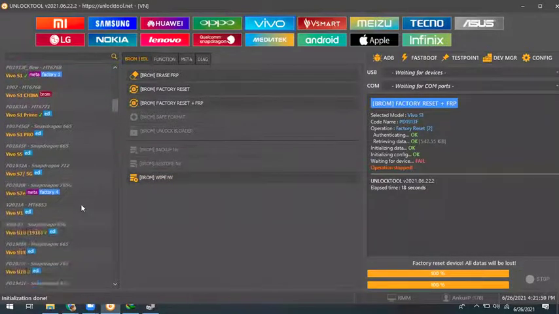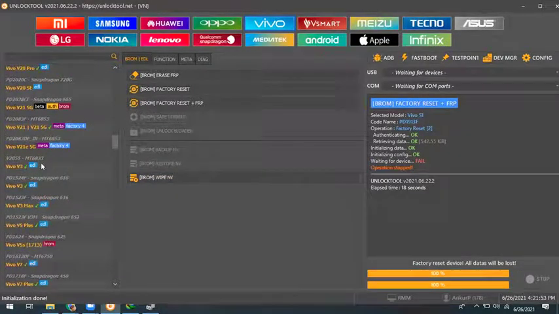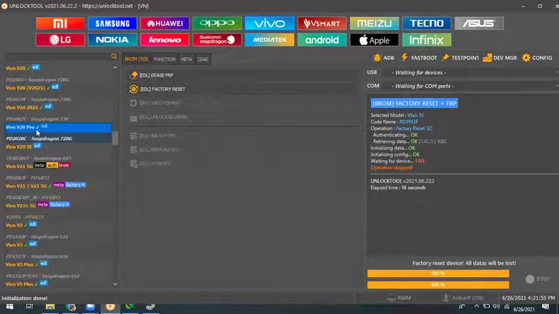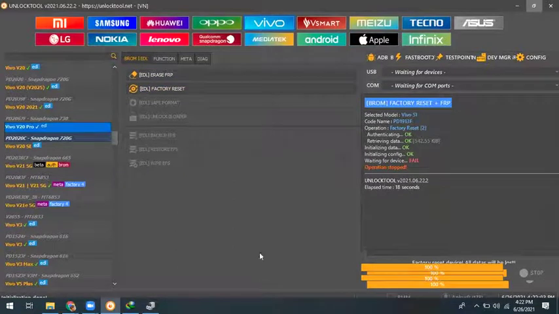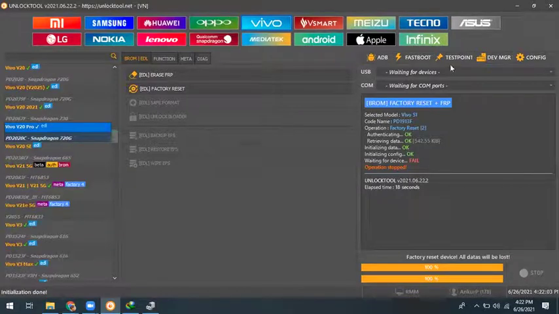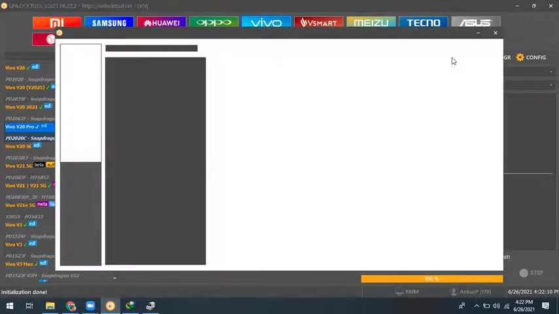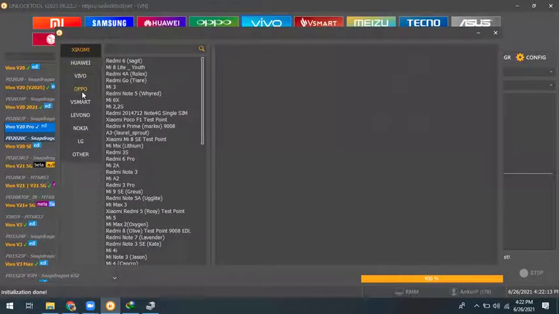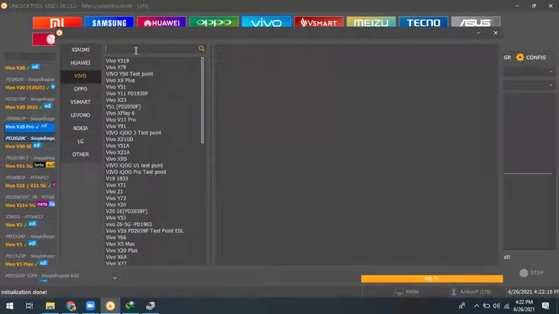If you get any Vivo, for example V20 Pro, it's a Qualcomm, so it shows EDL. In that case you need the EDL point of that model. So how to get the EDL point? Simple, go on Google and type the model. Otherwise, using this tool, you can directly get the test point in the test point tab, and you can directly search, like Vivo, which one? V20 Pro.